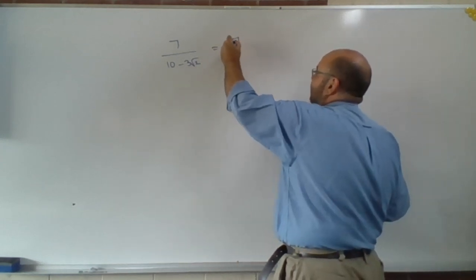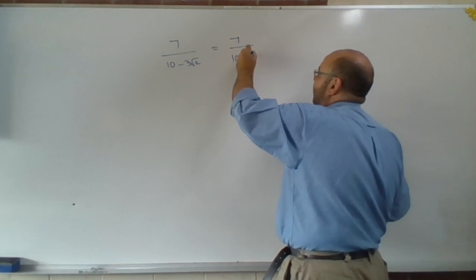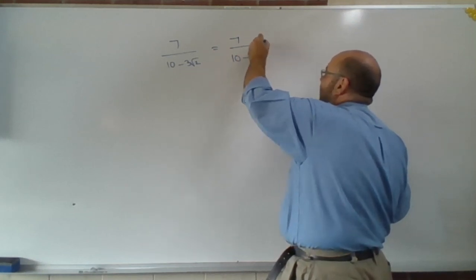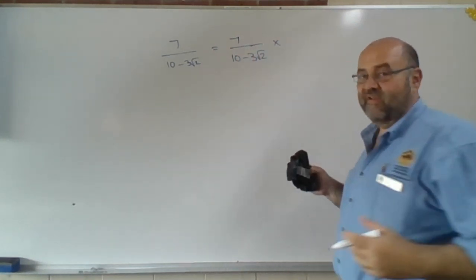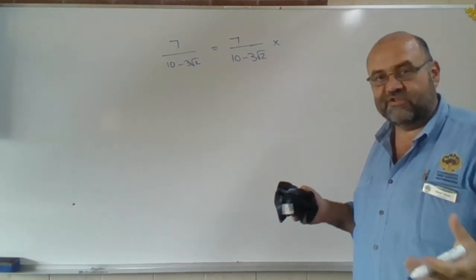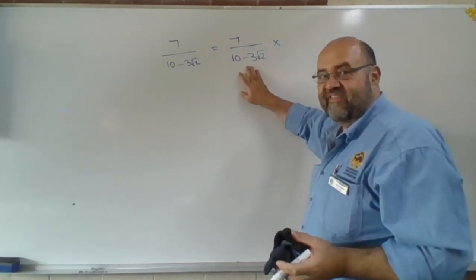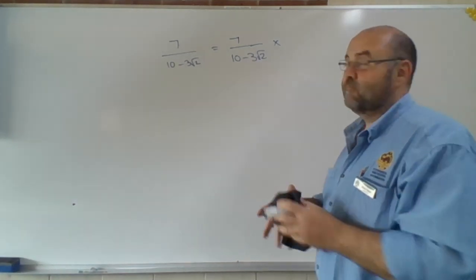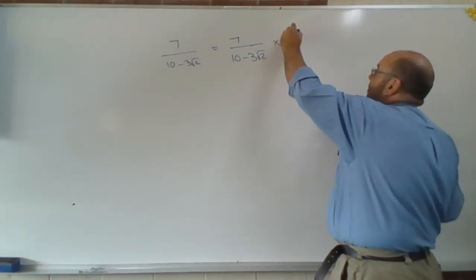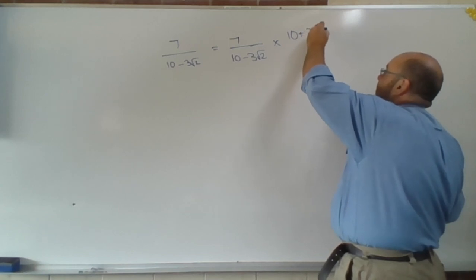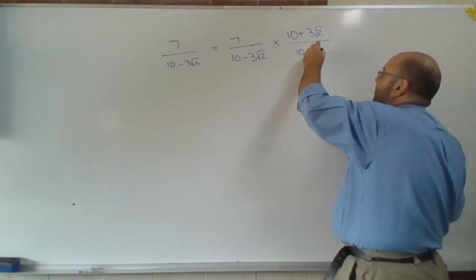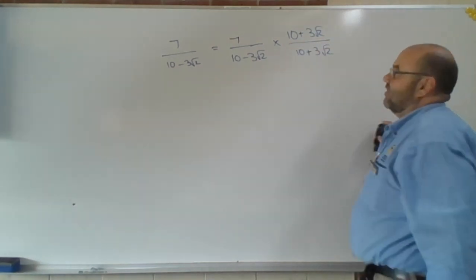I'm going to follow exactly the same pattern. 10 minus 3 root 2. I'm going to multiply above and below. I need that difference of 2 squares. I need that conjugate. Okay, so it's going to be 10 plus 3 root 2 over 10 plus 3 root 2. A little bit,